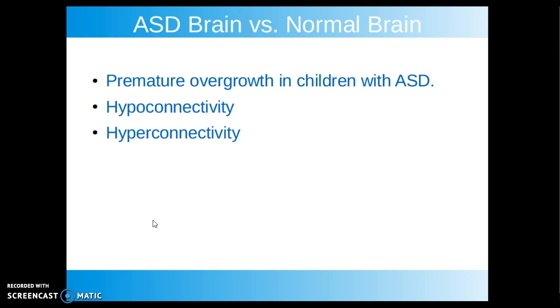There's also hypoconnectivity and hyperconnectivity in the brain of people with autism. Hypoconnectivity is just things are not connected like they need to be. The crosstalk of the brain, if you will, from basically your hypothalamus to your frontal lobe and other areas is not as good as it needs to be or as good as it is in the average person. You also see hyperconnectivity in people with autism in places where there's too much connectivity. It's connected too well, which leads to overstimulation.